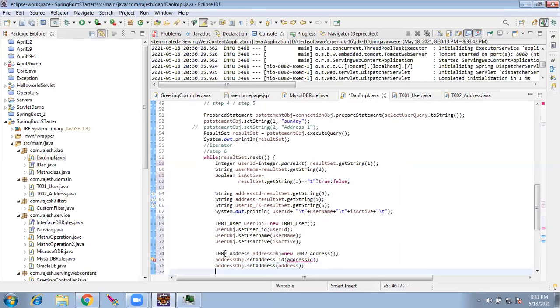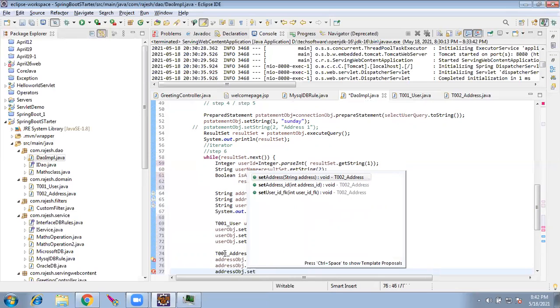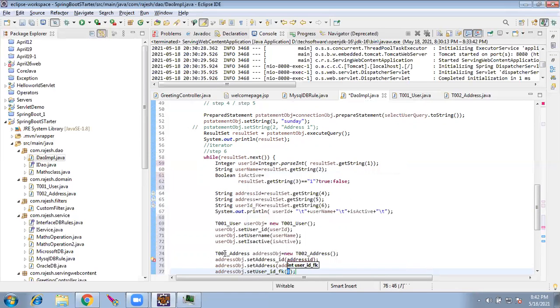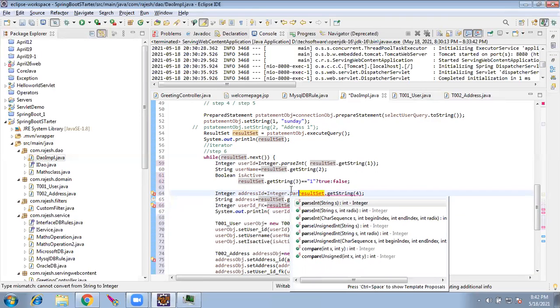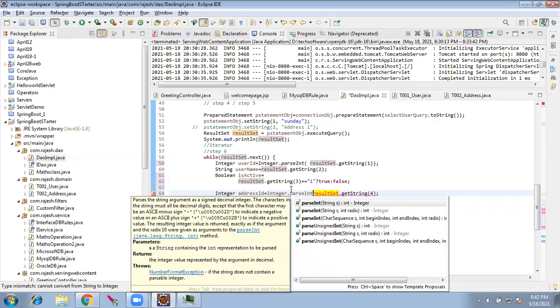We have the address field, and address object dot set user ID, FK, the foreign key. So far good. We just have to convert this as integer, this as integer. How do we do? Integer dot parseInt of.